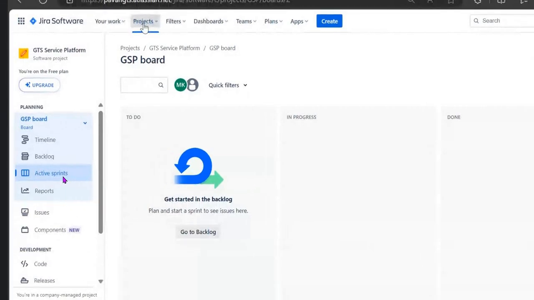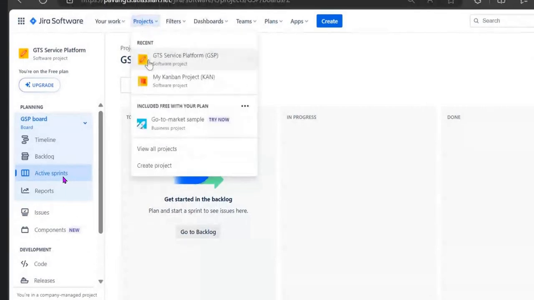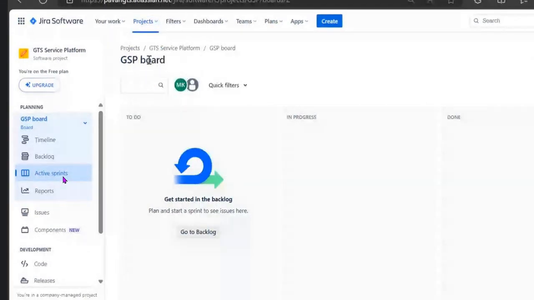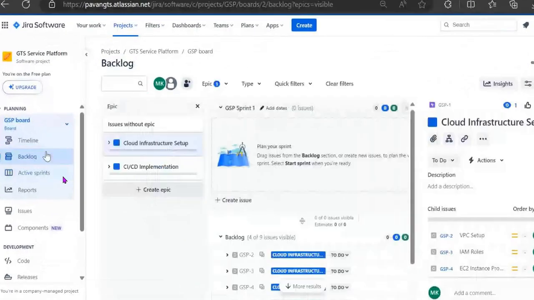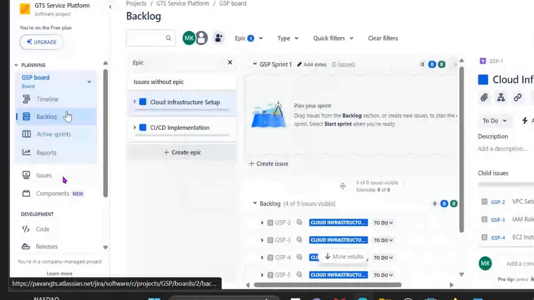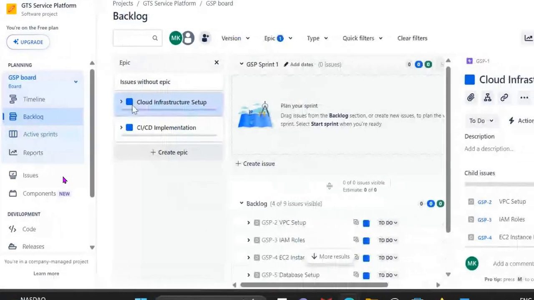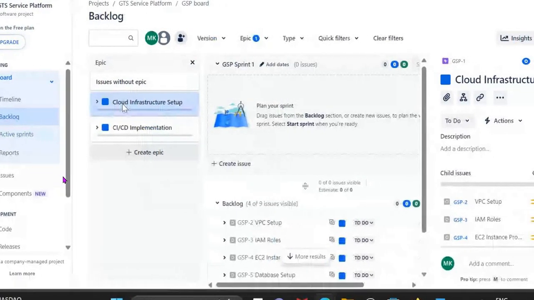This is the project. I have taken two epics, sir: Cloud infrastructure setup and CI/CD implementation.